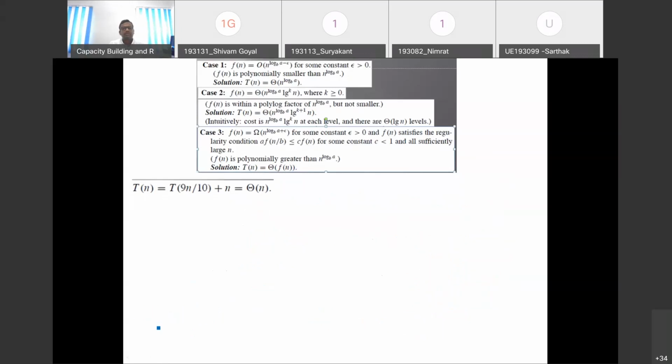Now move to the next question. The next question says that T(n) = T(9n/10) + n. So a is equal to 1, b is equal to 9/10, f(n) is equal to n. Done. We need to compare n raised to the power log of 1 base 9/10 versus